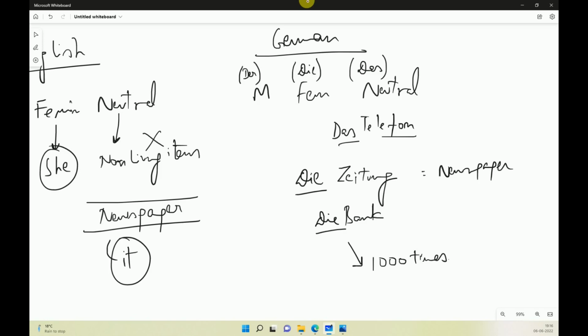Newspaper. Please learn by heart the name of that noun also. That is the Zeitung, which is a new thing for you. And parallelly, right at the moment you learn this new noun, learn its gender as well. Initially, it may be kind of overwhelming, because after two days' time, when you recall what you have learned today, you probably will forget every noun, every gender.